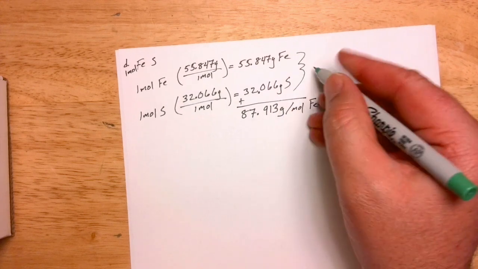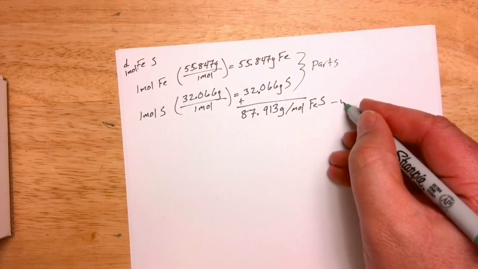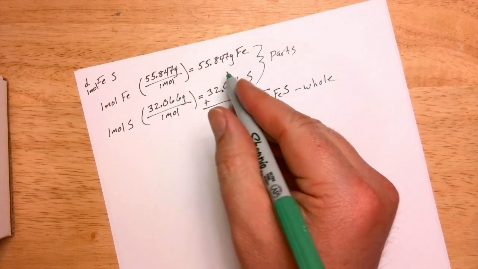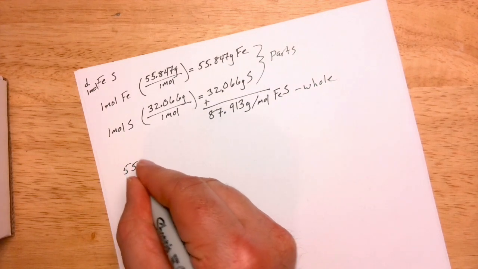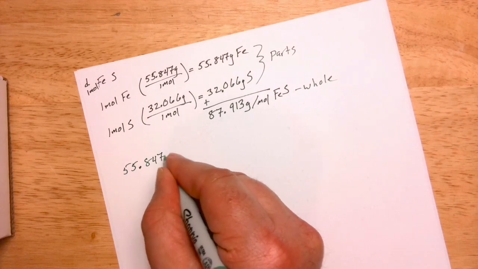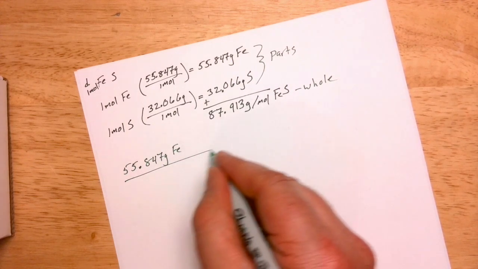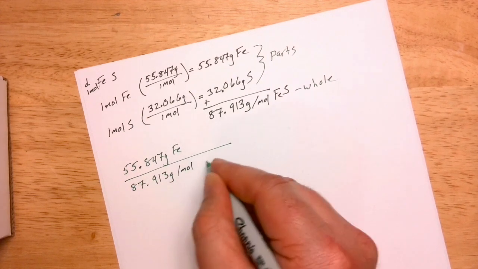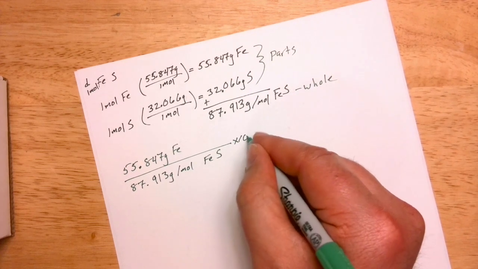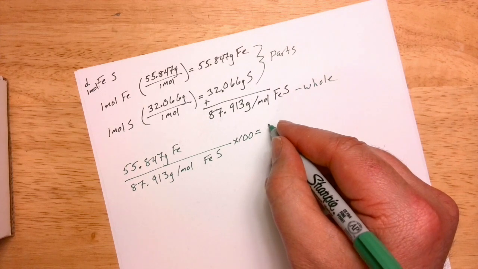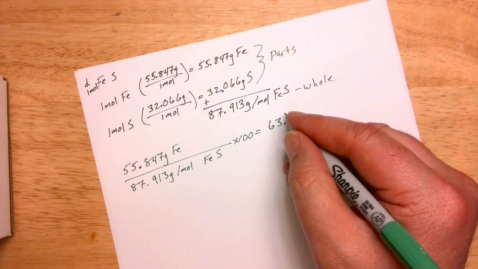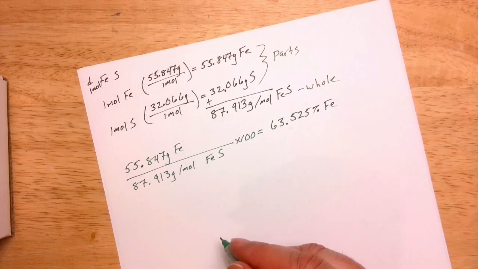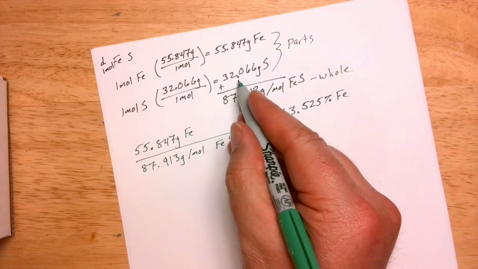These are your parts, and this is the whole thing. So let's work this one out. So we have 55.847 grams of iron in comparison to 87.913 grams per mole of ferrous sulfide, times 100, and we have a total of 63.525% of iron. For sulfur, we have 32.066